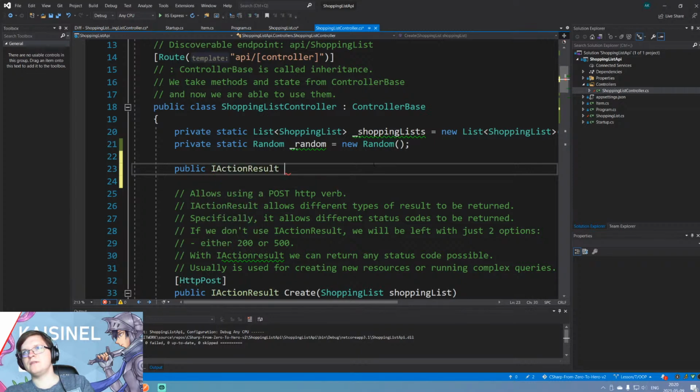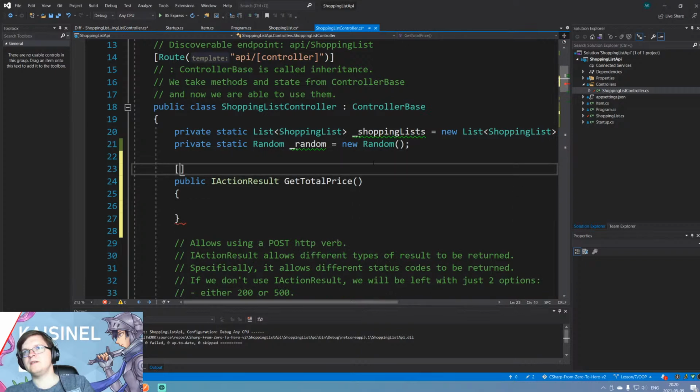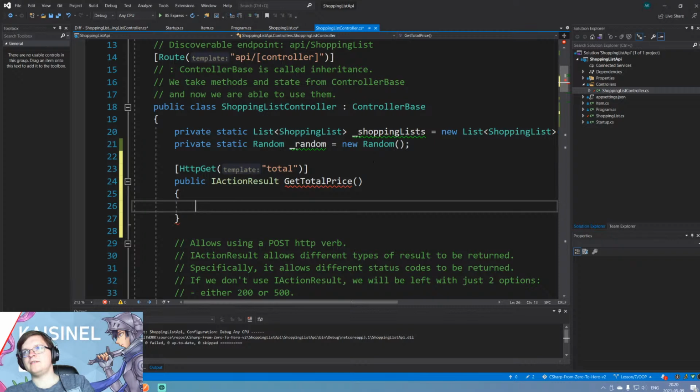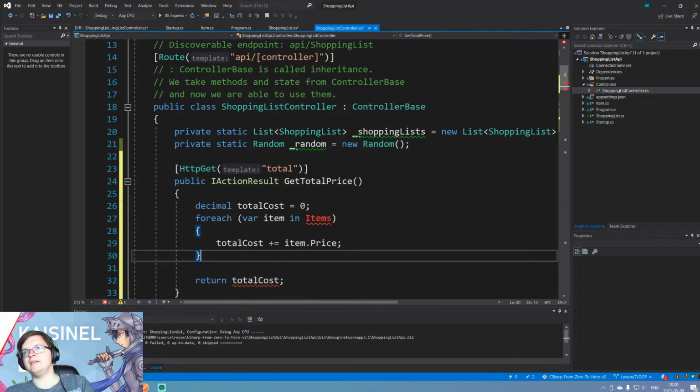So get total price. So I will have HTTP get with endpoint total, and I basically do this